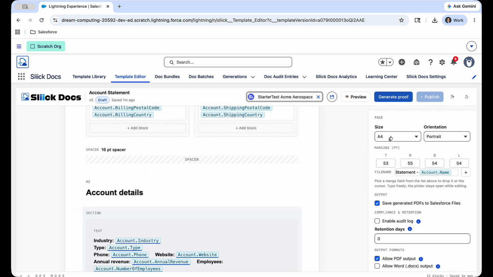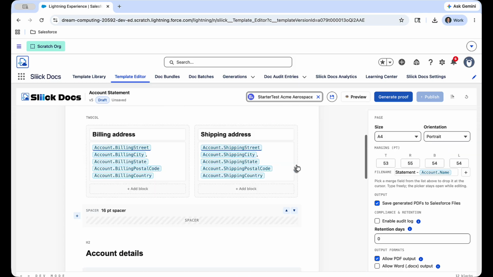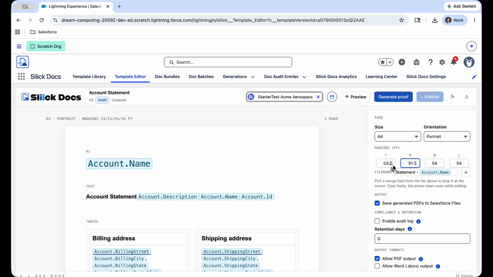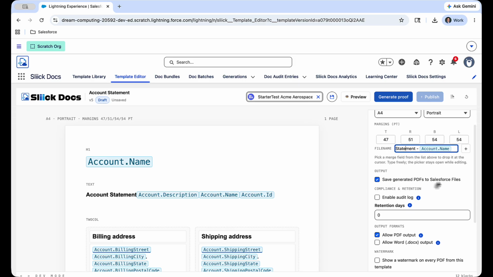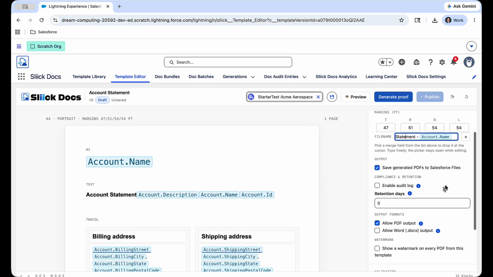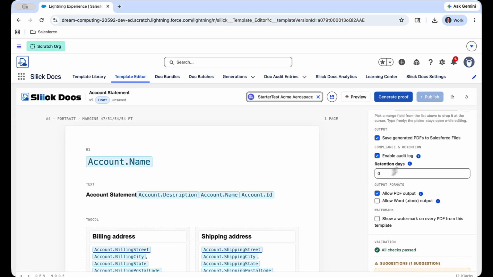You can also change the paper size or the orientation in landscape or portrait. If you don't like the margins, you want it a bit smaller, you can change the margins, change the file name output, whether you want to generate as a Salesforce file or not. There's also an auto logging capability, so this will allow your admins to prove exactly what data went into which documents. You can choose to delete these PDFs older than a certain number of days, or keep it at 0